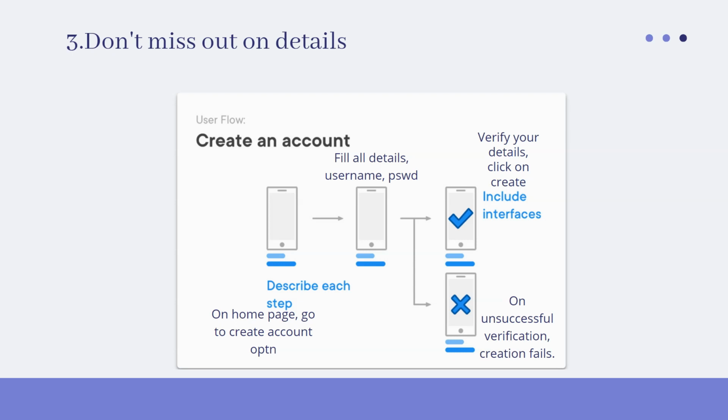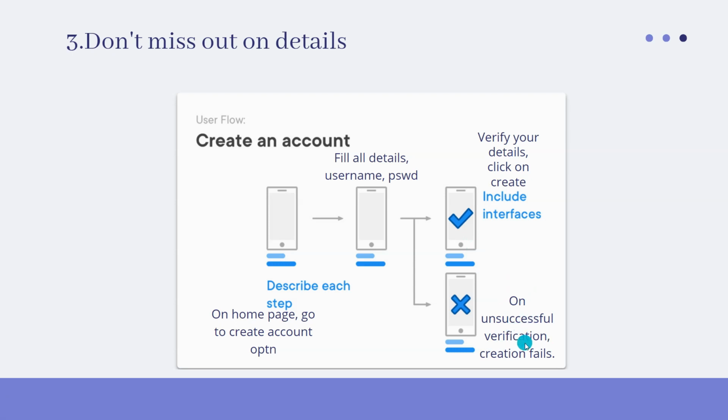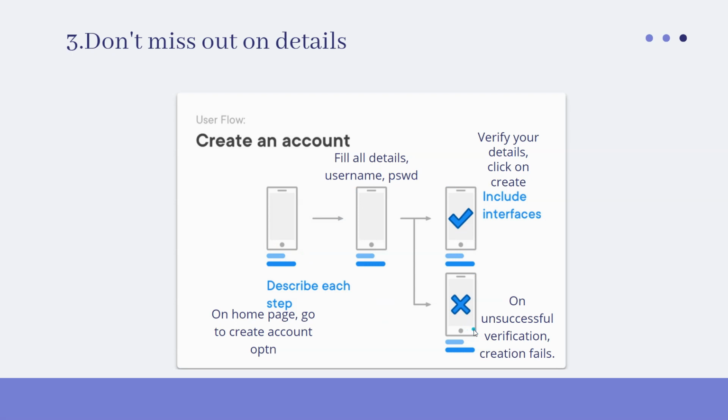So you need to enter all your details correctly, and after that you need to verify your details. If all your details have turned out to be accurate, then your account creation is successful. But here we have another unsuccessful scenario, which says that on unsuccessful verification, the creation of the account fails. Okay, so this is a proper user flow,